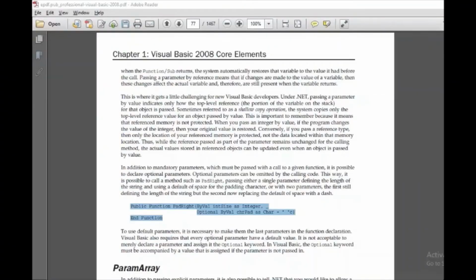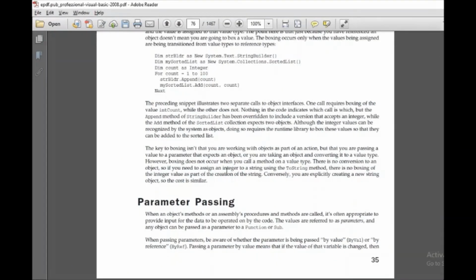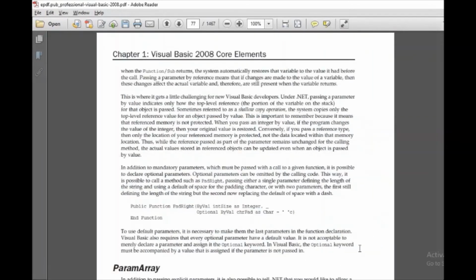One point that I would like to discuss is about functions and subroutines. It's very important that when you are willing to pass parameters to a function or a subroutine, there are two ways by which you can pass the values, by val or by reference, right? If you want to call a function sum and pass two parameters i and j, you have to specify whether you are passing these parameters by value or by reference. What's the difference?